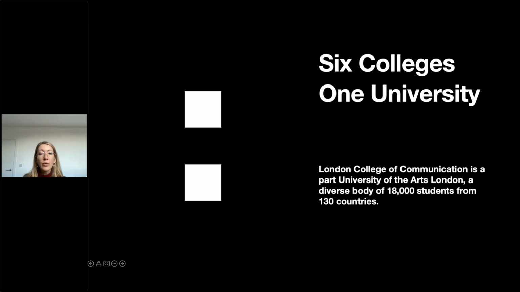And we also support a range of different services and opportunities for students to engage with the activities within UAL. So, for example, our Year 1 students this year are really interested in taking up opportunities and workshops and sessions in other colleges. And they can definitely do it. There is a way. There is also a portal called the Orb that you can access, where you can see all the events happening within UAL.